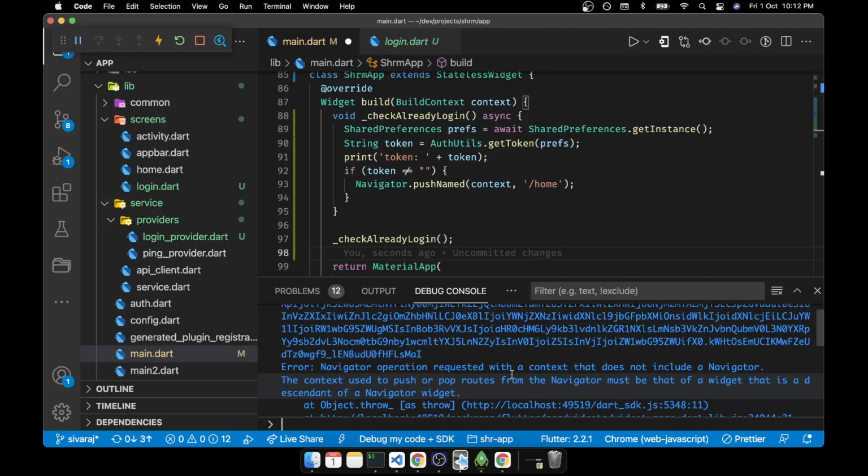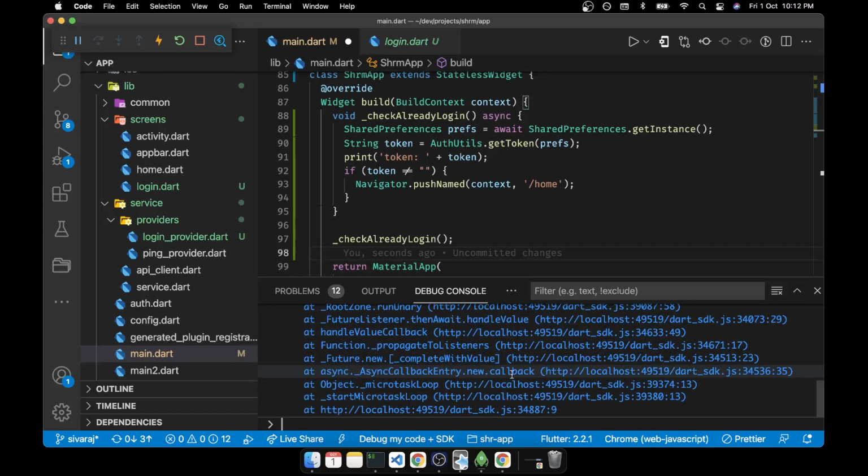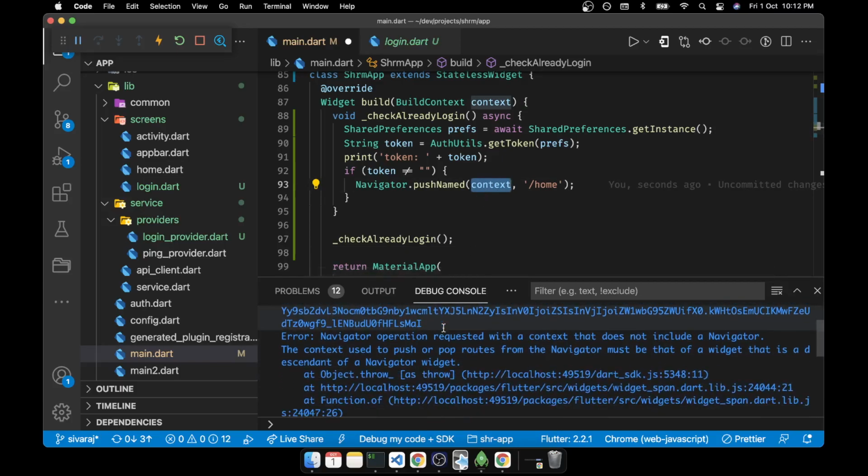Wish to push or pop the routes from the navigator operation requested with the context that does not include a navigator.